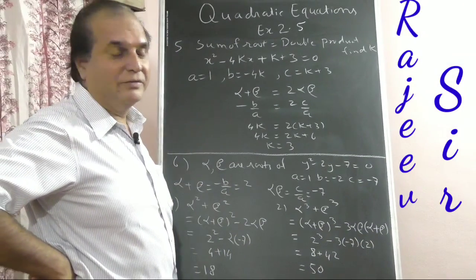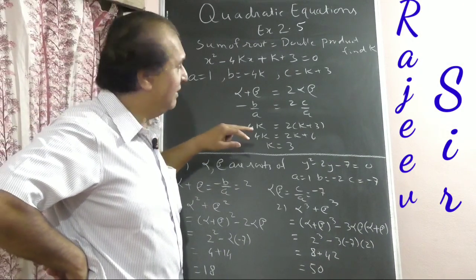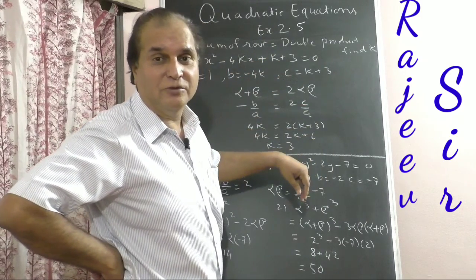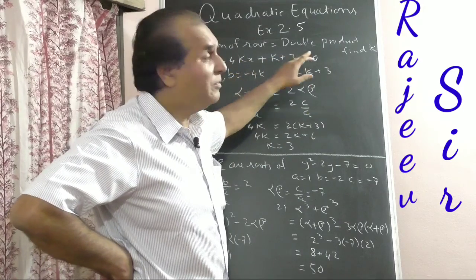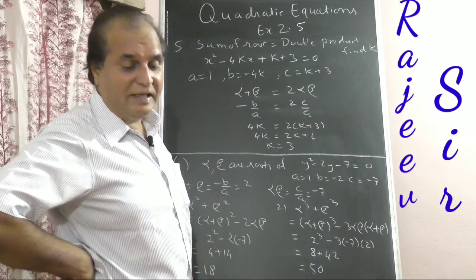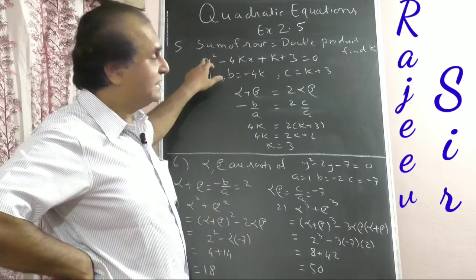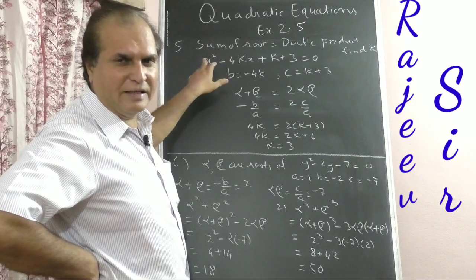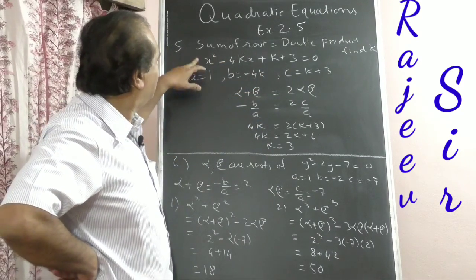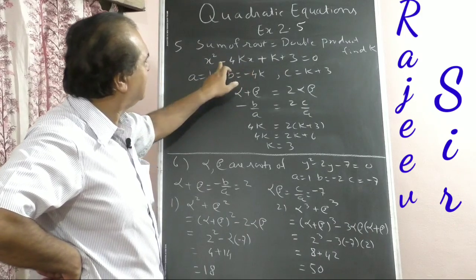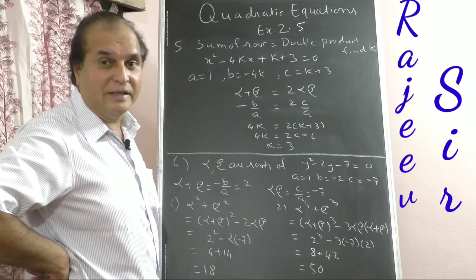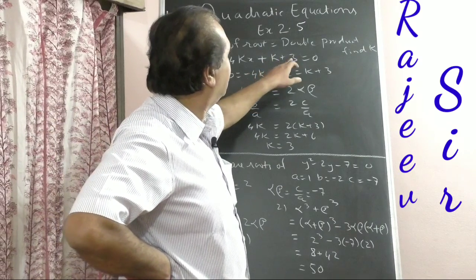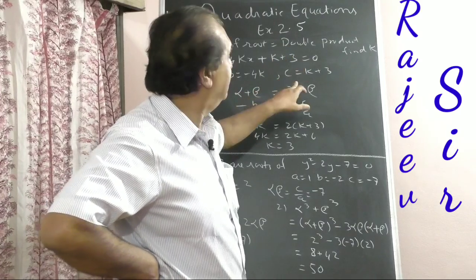Okay. Sum number 5. Very simple. The condition is given. One quadratic equation is given. Sum of roots is double the product of roots. Find k. In this, k is missing. Equation given as x square minus 4kx plus k plus 3 equal to 0. We will compare with x square plus bx plus c equal to 0. a equal to 1. b is the x coefficient, that is minus 4k. Getting? That's why such sums are for more marks. And c is all the constant without x. The non-x term is your c, k plus 3.